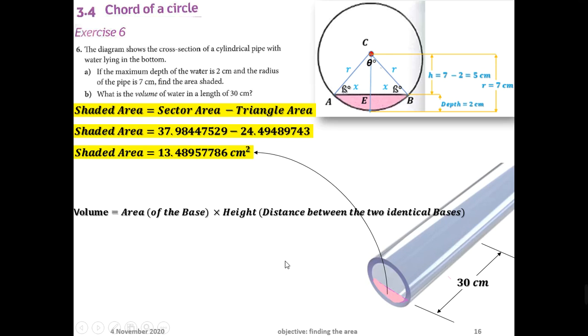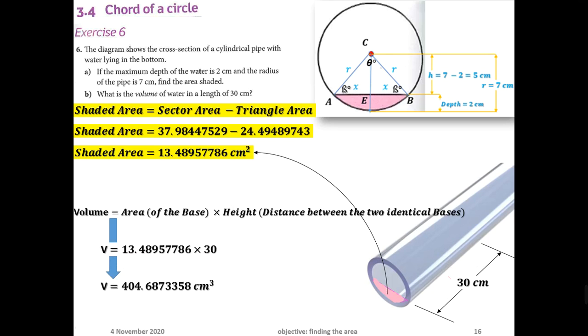So let's substitute now. The area of the base is 13.5 times the height, the distance between the two identical opposite faces or bases is 30. If you insert this in the calculator, you're gonna end up with